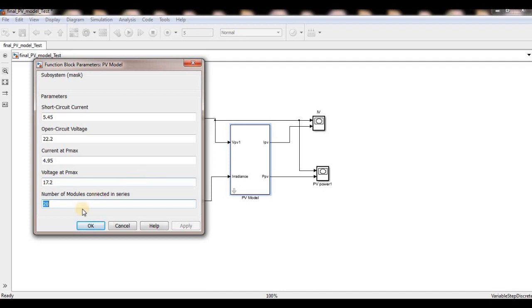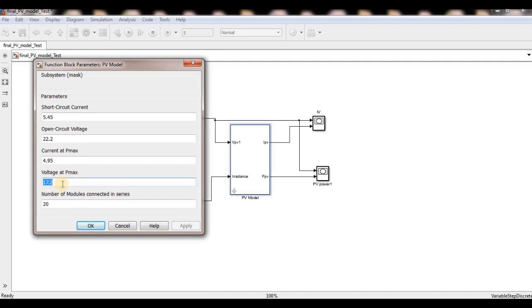See, this is the single module. Like these modules, if I want to connect in parallel or in series, like 30 or 40 or 60, because see, here it can generate only 17.2 volts at maximum power.